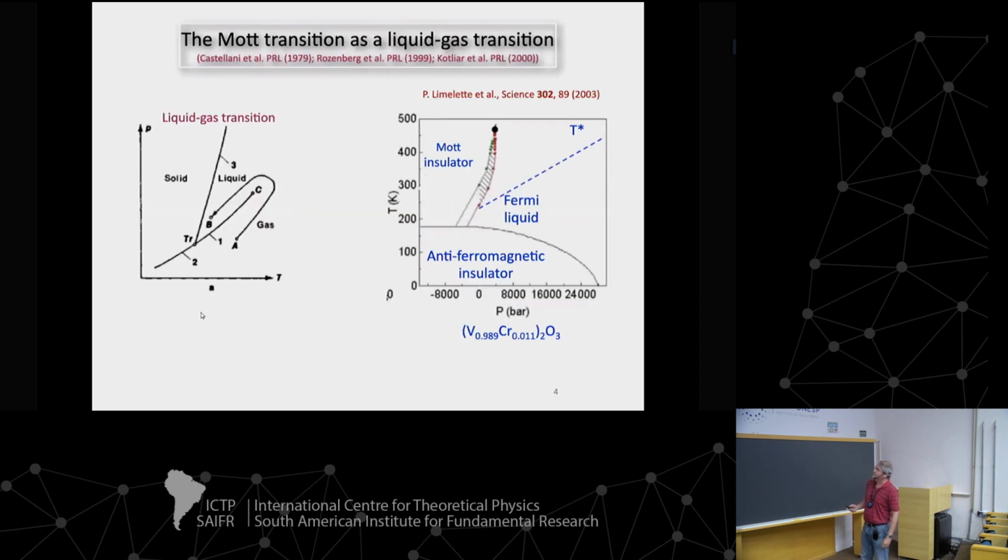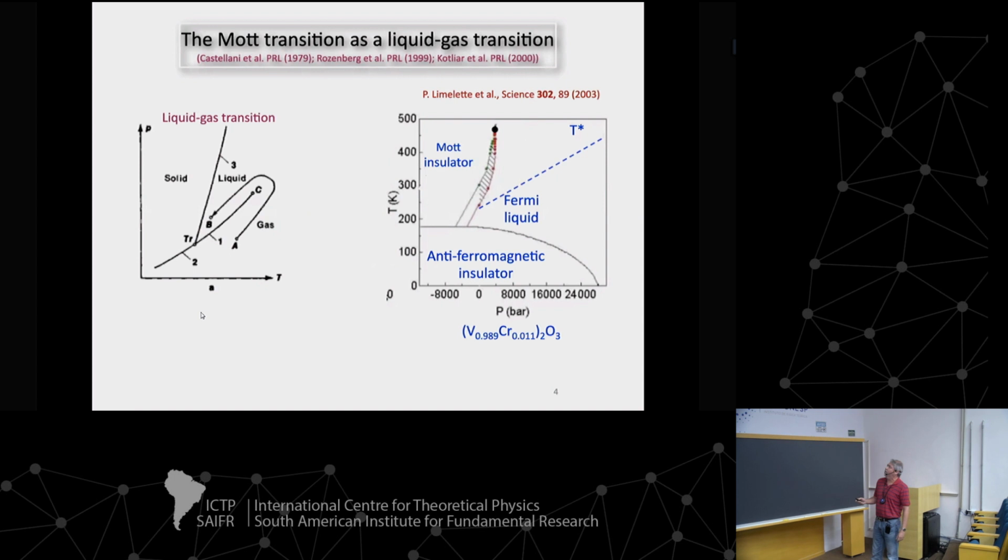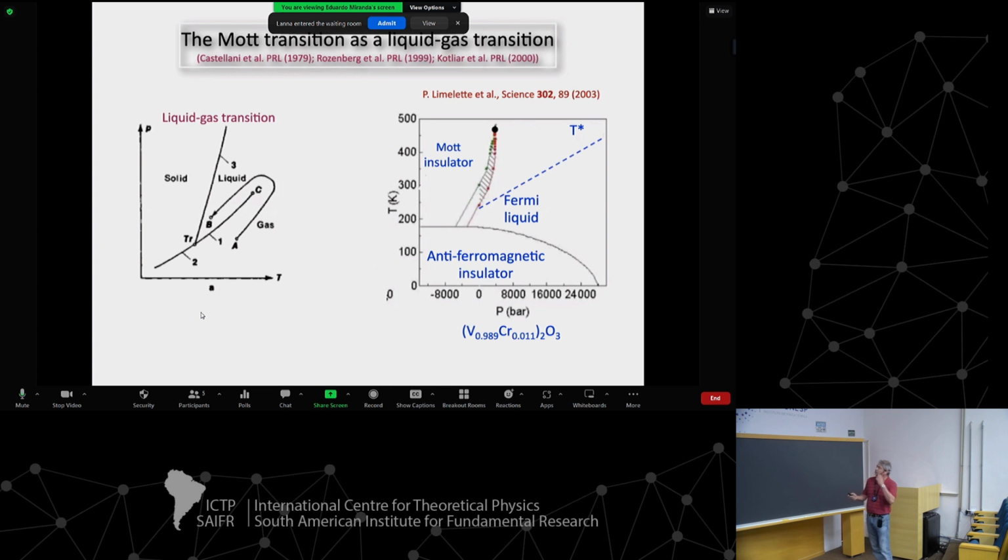So if you look at a phase diagram of a normal solid, liquid, gas material, in a PT phase diagram, you do see, of course, a first-order line ending at the critical point, separating the gas phase from the liquid phase. And this is very similar to the picture of the Mott transition I showed before. So here's an example of another compound, a sort of paradigmatic compound, vanadium oxide, V2O3, doped with chromium, where you have this first-order line. There's a coexistence region ending at a second-order point.